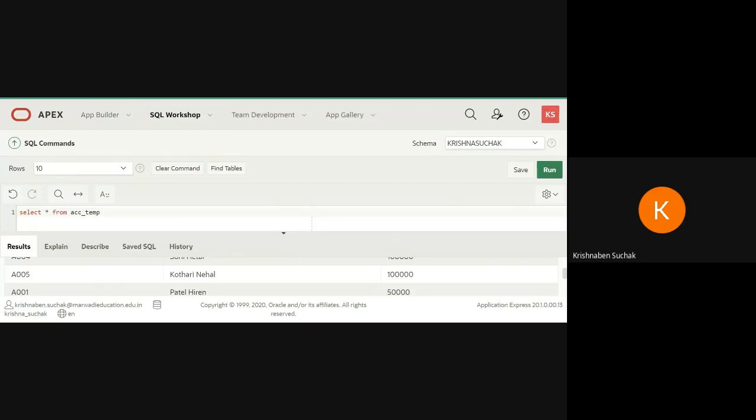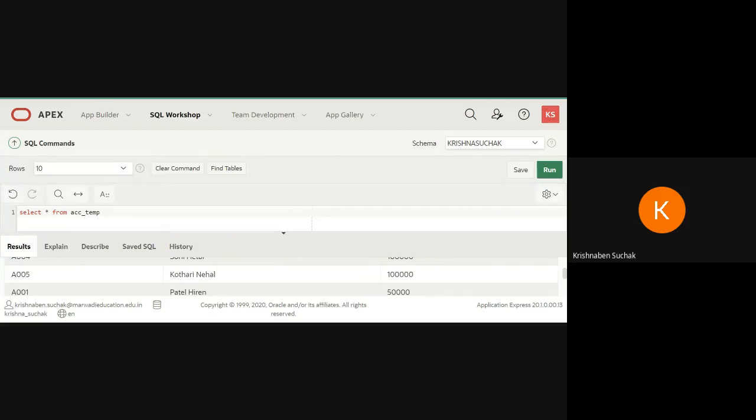Now our seventh query is rename the table.